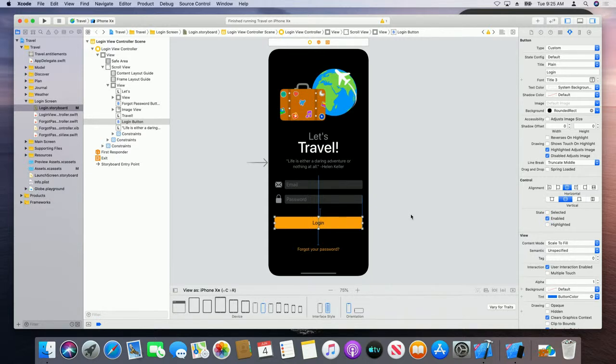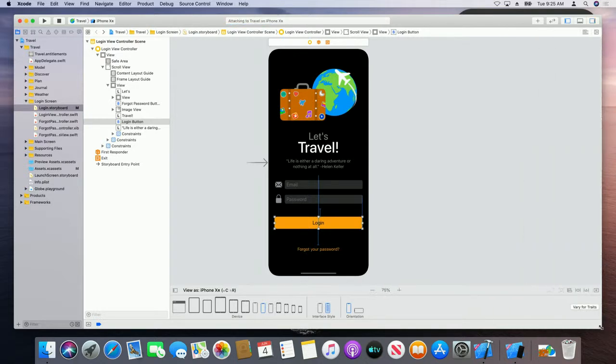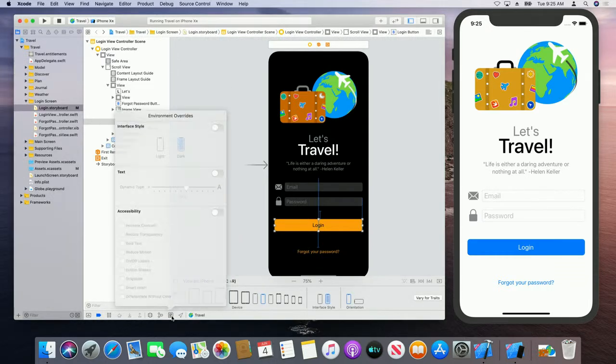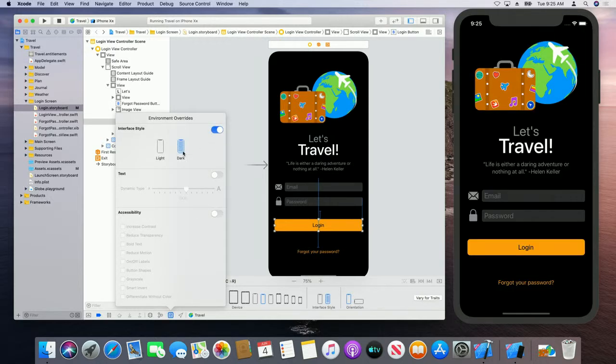Next, I would like to take a look at how my view looks at runtime. So I'm going to build and run in the simulator. In Xcode 11, there's a new feature called environment overrides. It is located in the debug bar. When I click it, it will show me a popover where I can change different settings, such as system settings and accessibility settings. So I can change the interface style from light to dark